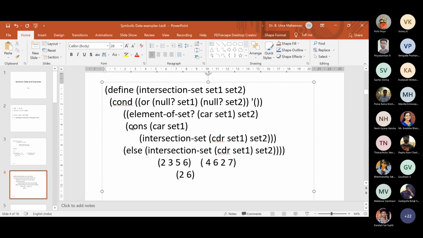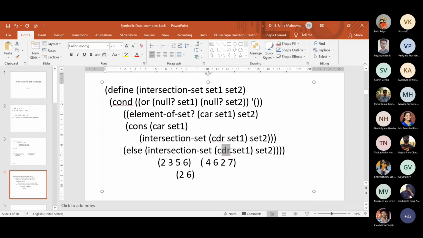What is actually happening is, if there is a match in element of set, this car element, the first element, is matching with any element in the set, then immediately you will construct with the car element and then call also. So two tasks you are doing for the true condition. Understood, ma'am. If it is not, there is no need to construct, but you have to call with the CDR, the remaining elements. So you have to take the next one, right? The 3.